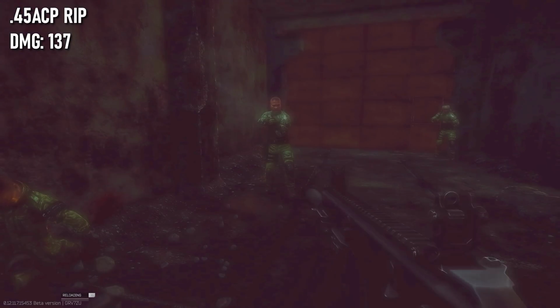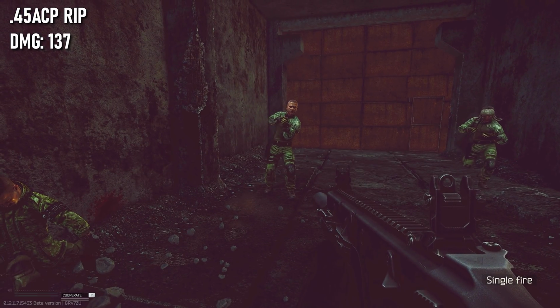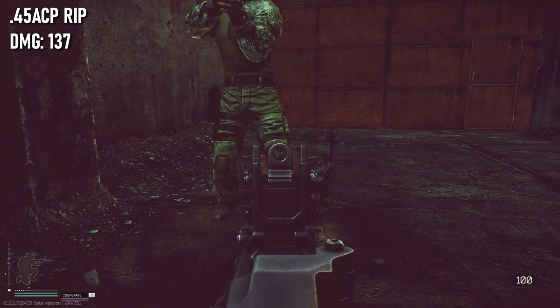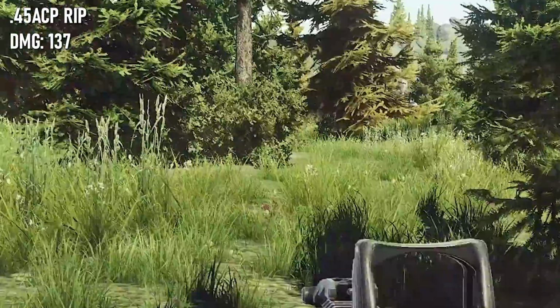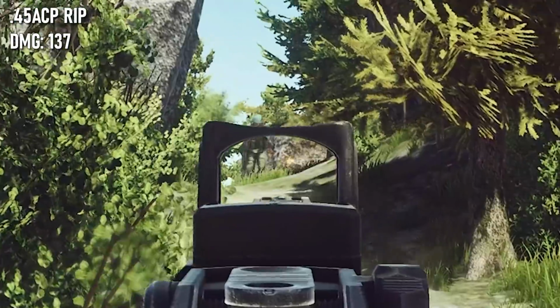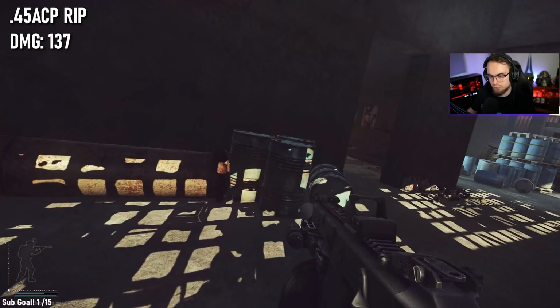So when it comes down to pistol rounds, there is none more OP and none as strong as 45 ACP Rip. This has a whopping 137 damage per round, and I would definitely hate to be on the receiving end of this. I've run this gun with Rip, especially out of the Chris Vector before, and it is a disgustingly